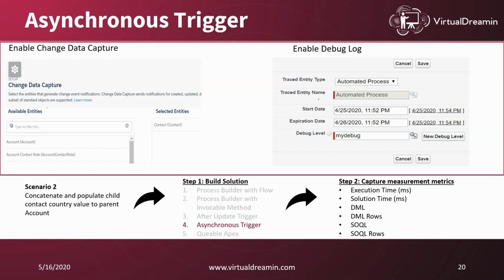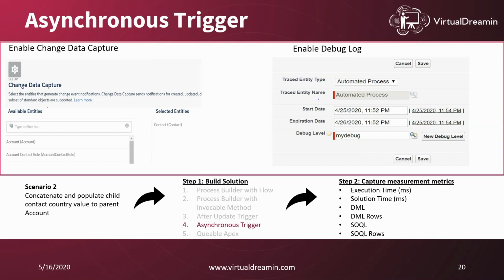So once you enable change data capture, whenever we are executing some kind of operation on contact, that is, if you are creating a new contact or updating an existing contact, deleting a contact or undeleting a contact, in all these 4 scenarios, a new record or a change event will be getting created and inserted into an object called contact change event. So for whichever object you have enabled CDC, a change event object will be getting created.